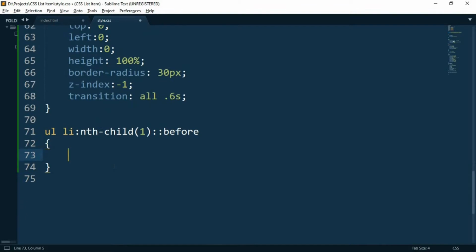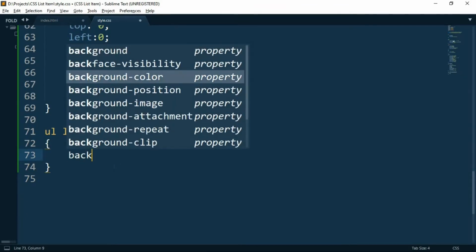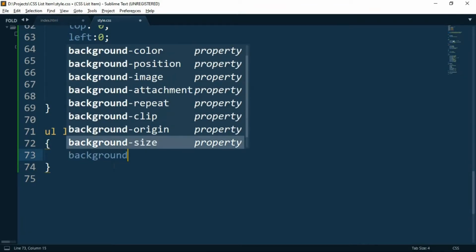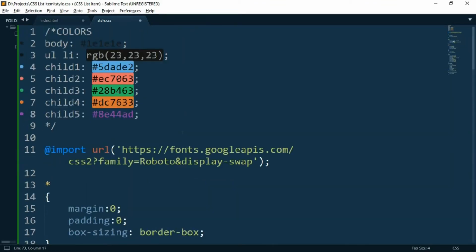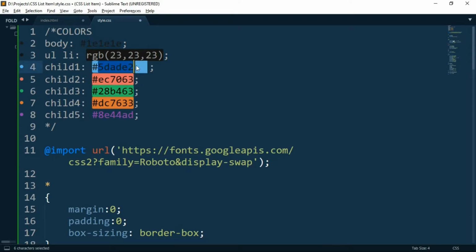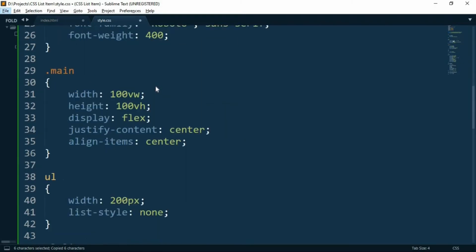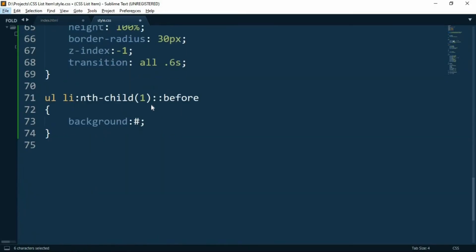So now all you have to do is set its background to be of desired color. I have already selected some colors over here, as I told you in the beginning. So just copy it and paste it over here and save it.